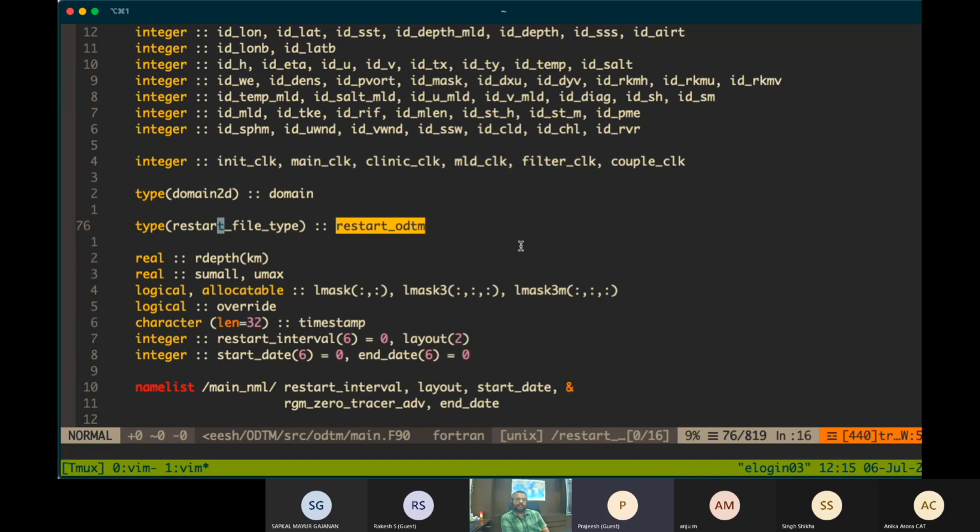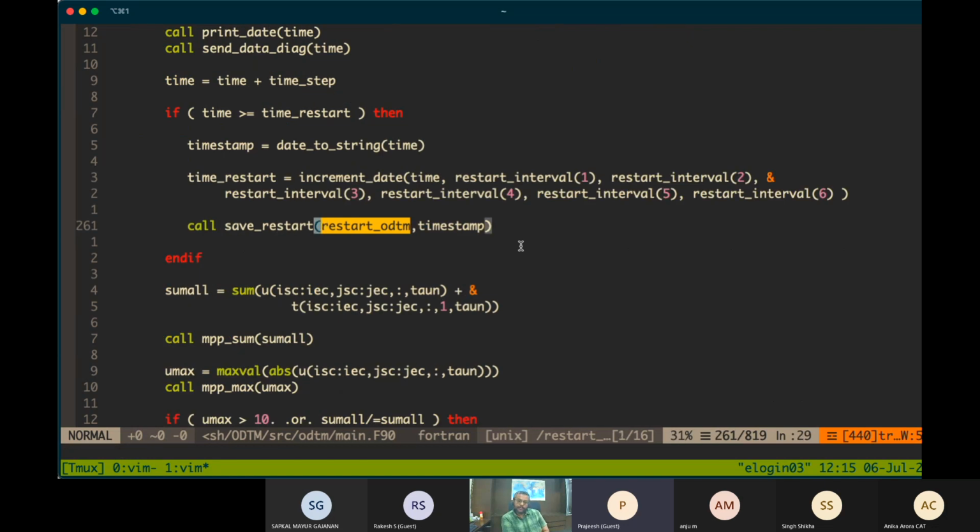Okay. Then you can just call save restart with timestamp. In our example, the one heat equation, timestamp is just time.